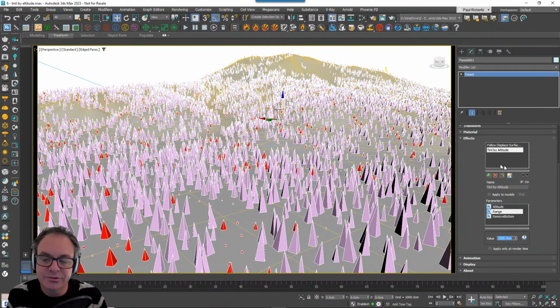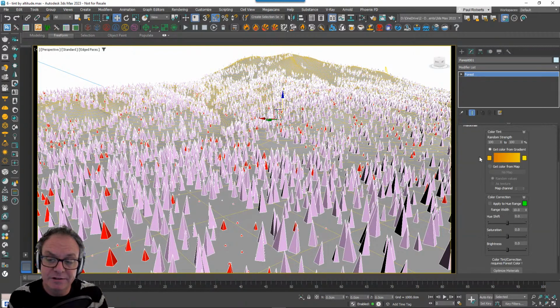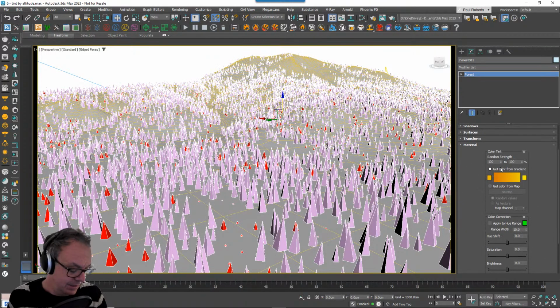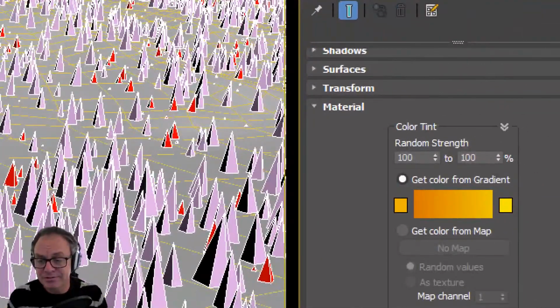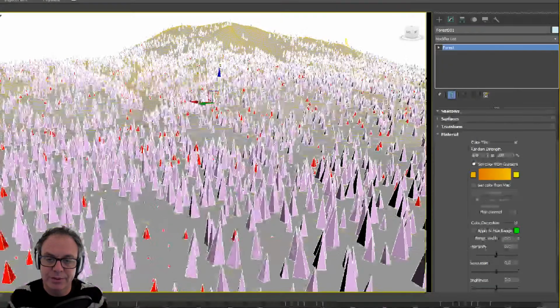And that's pretty much it. That's all you need to do for the effect itself. Now, in order to use this to mask out an object in your materials, you need to do a few things. You need to come to the materials rollout, and you need to make sure that the random strength is 100% to 100%. Otherwise, it will just kind of randomize between your masks. So you want that to be 100%, 100%. Other than that, you can leave that well alone.